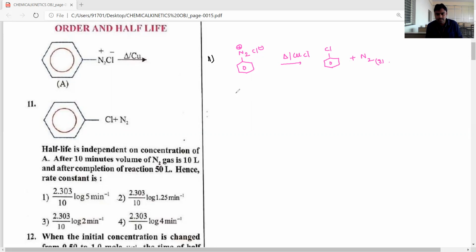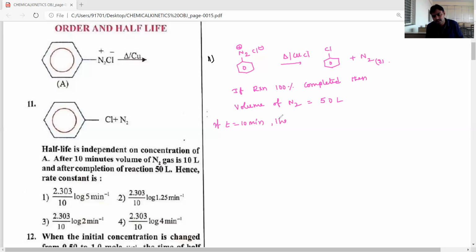If the reaction is 100% completed, then volume of N2 is equal to 50 liters. Volume of N2 present is 50 liters. But if time t is equal to 10 minutes,